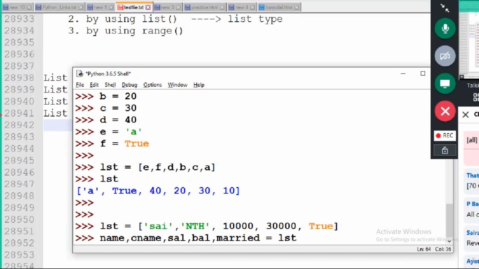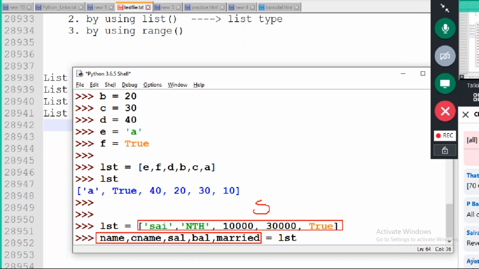I told you previously one rule while working with unpacking. What is the rule we follow? The length of the object must equal the number of new variables. What is the length here? Length is 5.